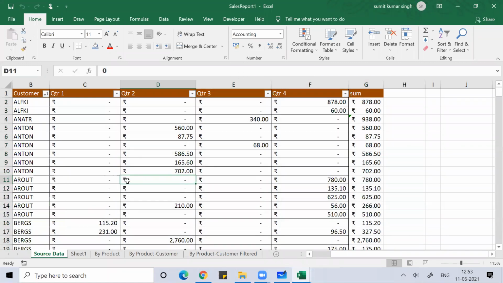So now all came in rupees. So Harish is asking, sir, if you purchase in dollar, how will you convert in rupee?